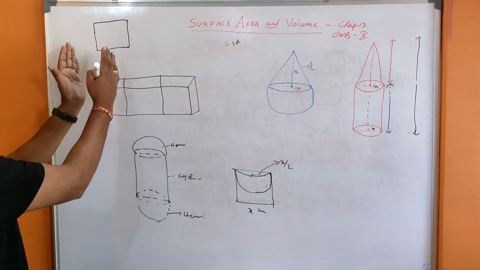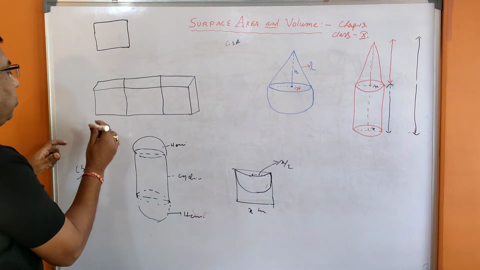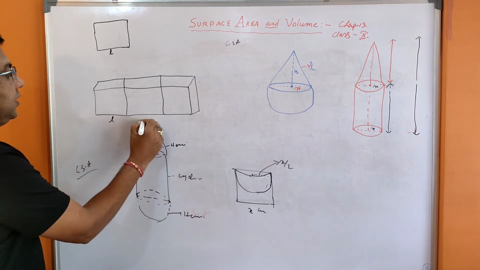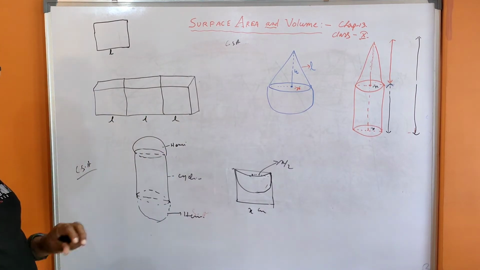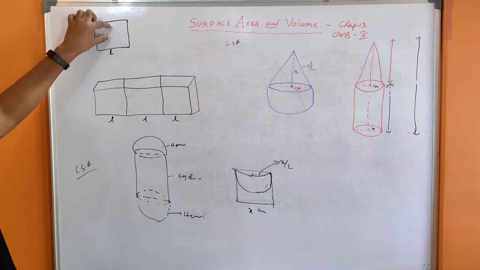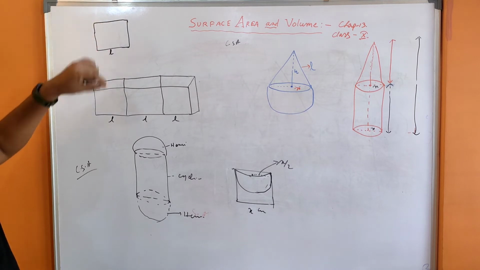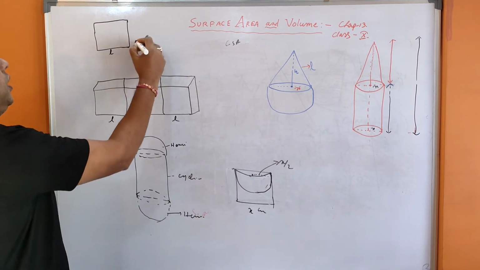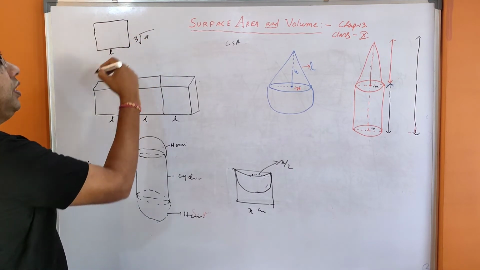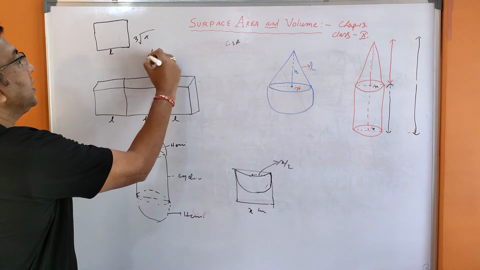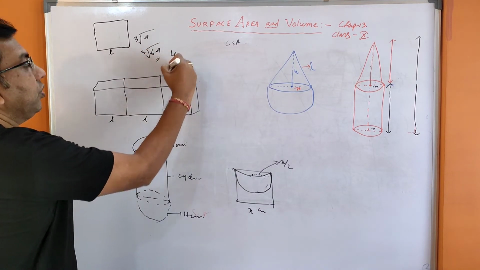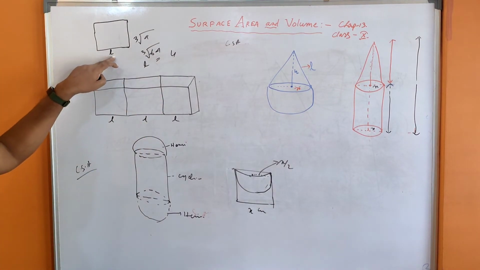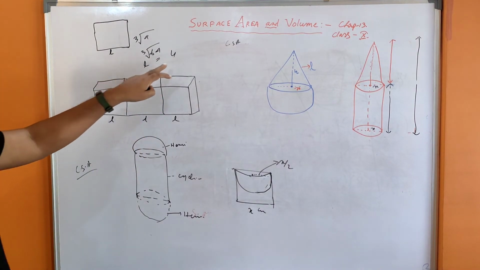But if you join this cube, this is the length of the cube, this is L, this is L, this is L. So from this volume you can easily find out the side, that is the cube root of, suppose its volume is A, so what is the side? Cube root of A. Suppose 64 is given, cube root of 64 is 4. So the side will be 4, the length can be easily found out.